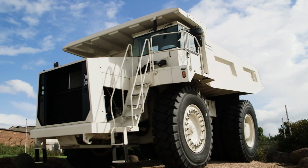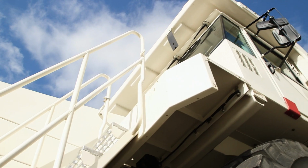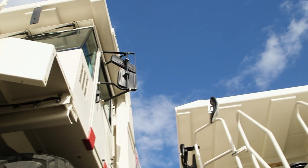So at Terex Trucks, we are what we would describe as a vertically integrated factory. And what does that mean? It means that we design the product from a blank sheet of paper. We then start to procure the materials from raw steel, raw materials, and we literally cut the metal, bend the metal and machine it, weld it together, and then we build the frames, the bodies, and ultimately we then assemble